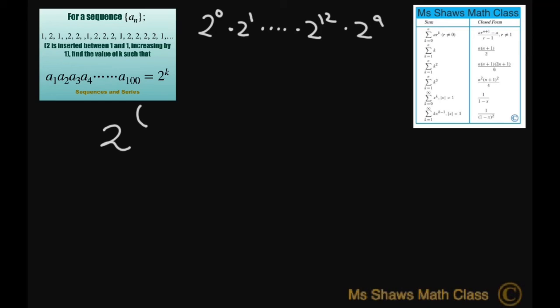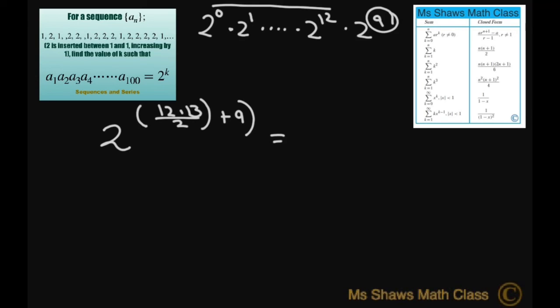So for this one right here, 0 to 12, this is going to be 12 times 13 divided by 2. And then we have to add this 9 because it doesn't fit in our formula. So add plus 9. So this is going to equal 2 to the power of 87. And then, so we have 2 to the power of k equals 2 to the power of 87. Therefore, k